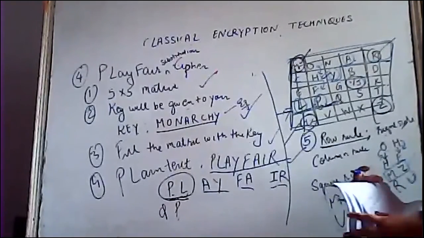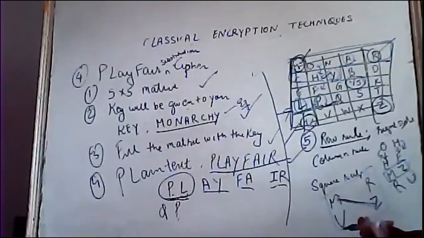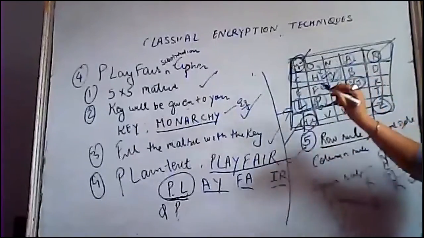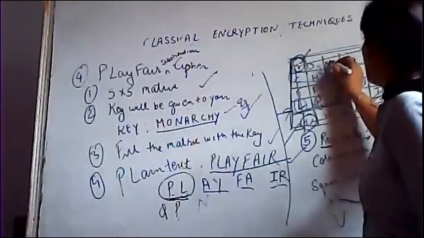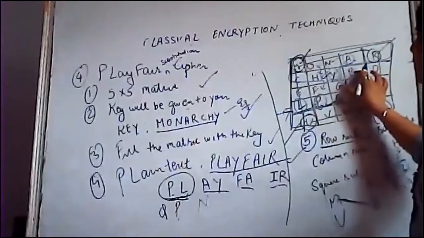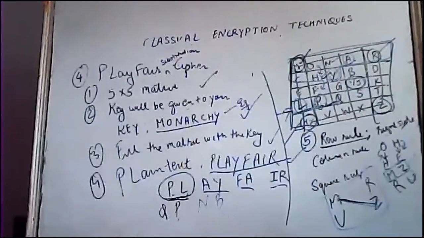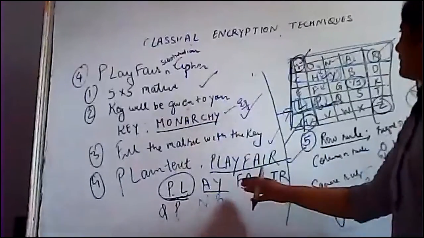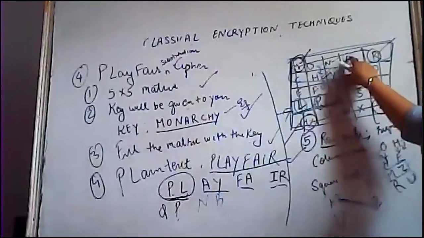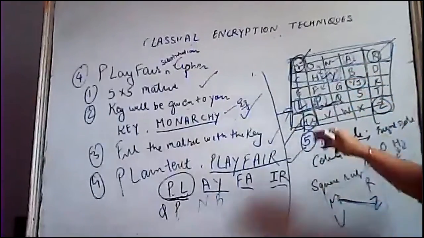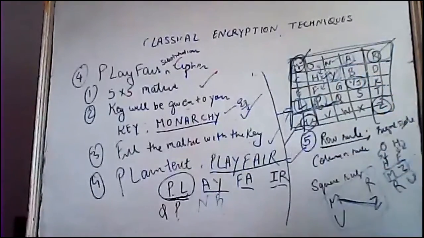A and Y. How can we refer to A and Y? So corresponding to A, what do we have? N. This one. Corresponding to Y we have. Fine. Which rule are we using? The sphere rule we are using, because both the elements are diagonally present and we can complete our sphere matrix.